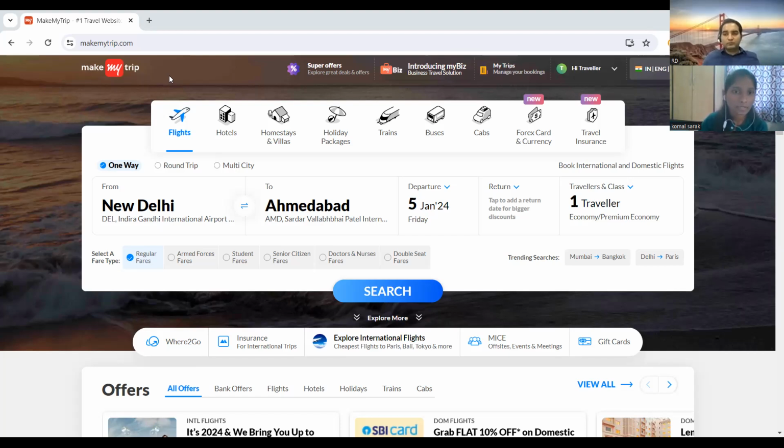After that, verify that the user is able to see the logo makemytrip.com, make my trip, and after that verify that the user is able to select these options, flight, hotels, all these options.